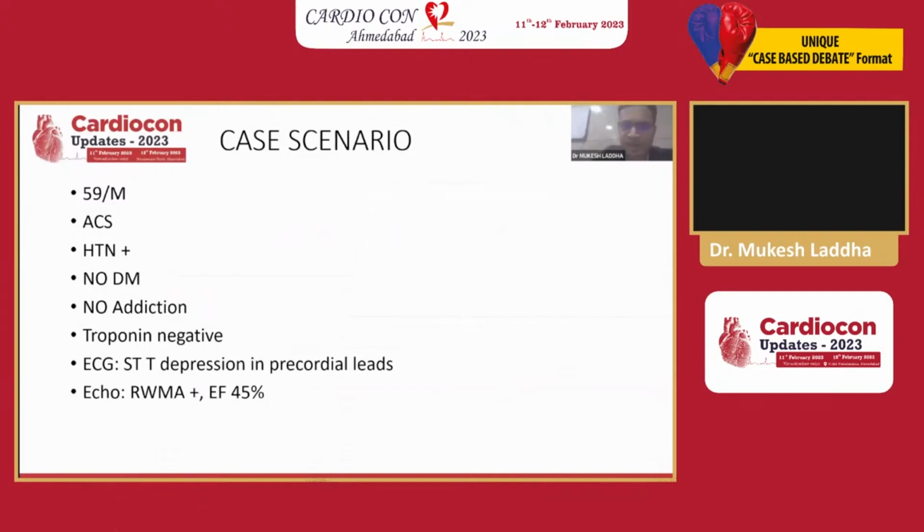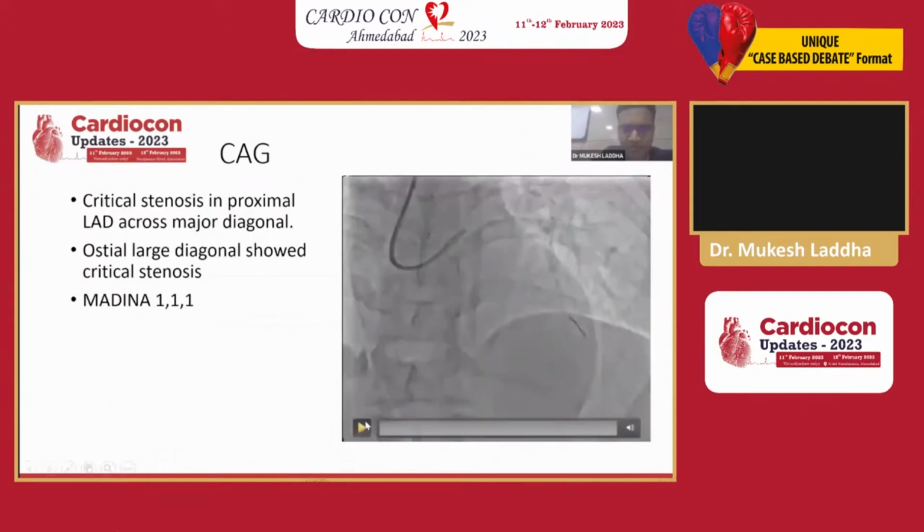in 5 days, and he is hypertensive, no history of diabetes, no addictions. Troponin was negative, and ECG showed ST-T depression in the precordial leads. Echo was done, showing RWMA in the LAD territory, with the ejection fraction around 45. Now coming to the angio,